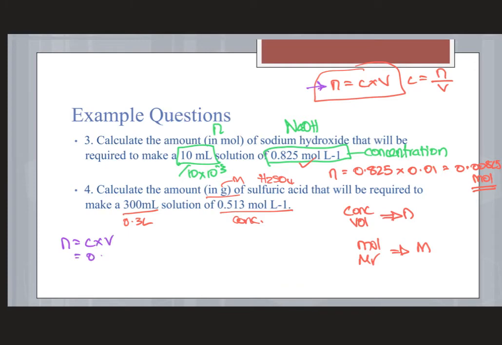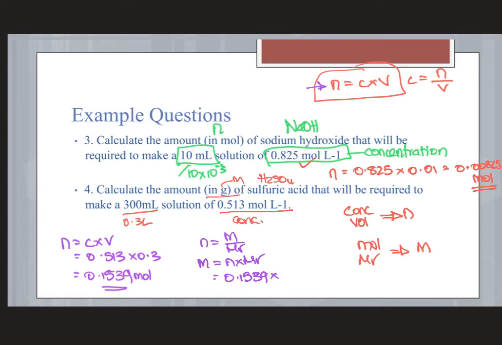So concentration is 0.513 multiplied by 0.3 litres, which is going to be 0.1539 mole. So that's my number of mole. So I have sulfuric acid. I know that n is equal to m on Mr. I want to find mass, so I can start substituting in. My number of mole is